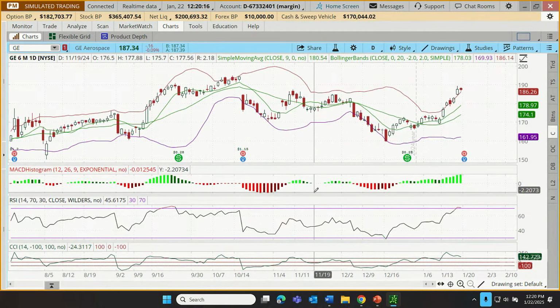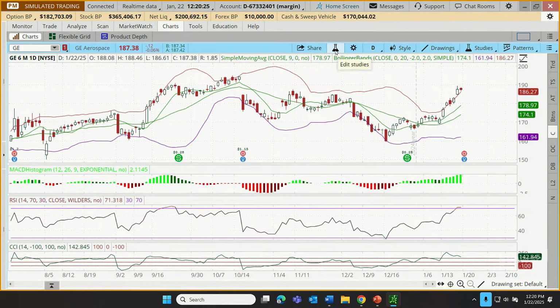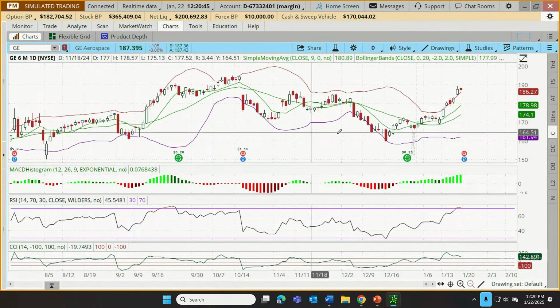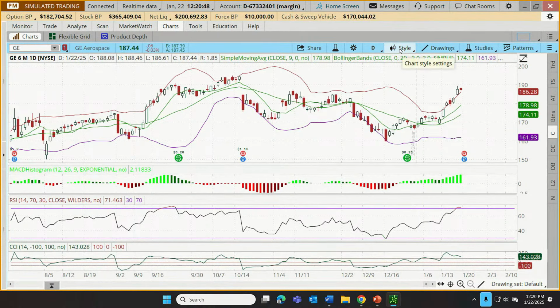For this one, we've set up a 6-month chart with this set of technical studies, with events shown, and then they have a different preference for other kinds of trades. Maybe they trade options and use a different set of technical tools. If we want to save this setup on charts so we don't have to load it every time, imagine having to load up CCI, RSI, MACD, moving average, Bollinger Bands, change the time frame, and change the display of those events. Instead, the trader might say, I like this style of chart sometimes, so I'm going to save it for quick retrieval.